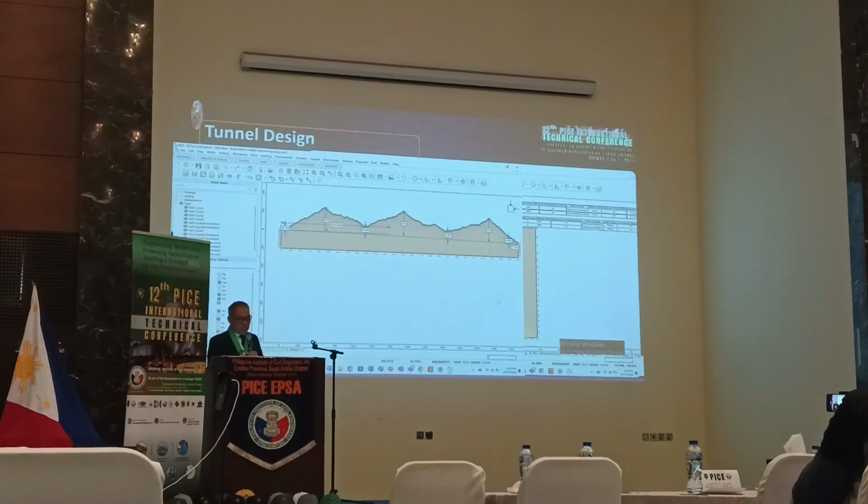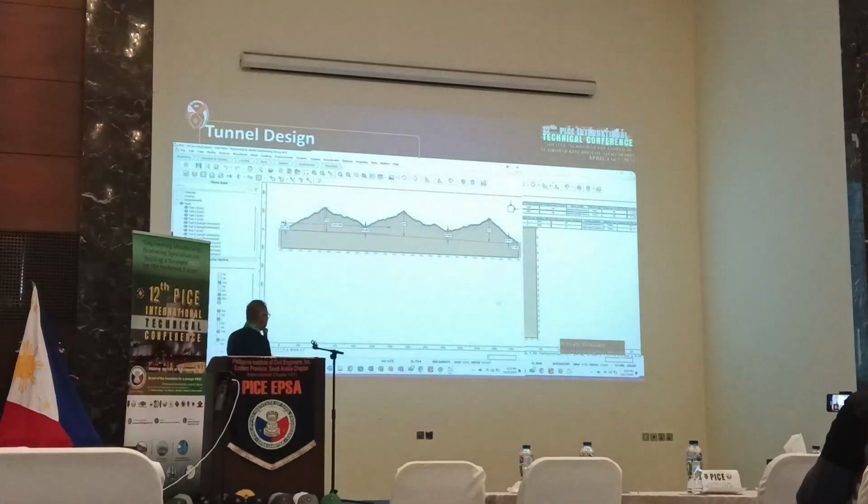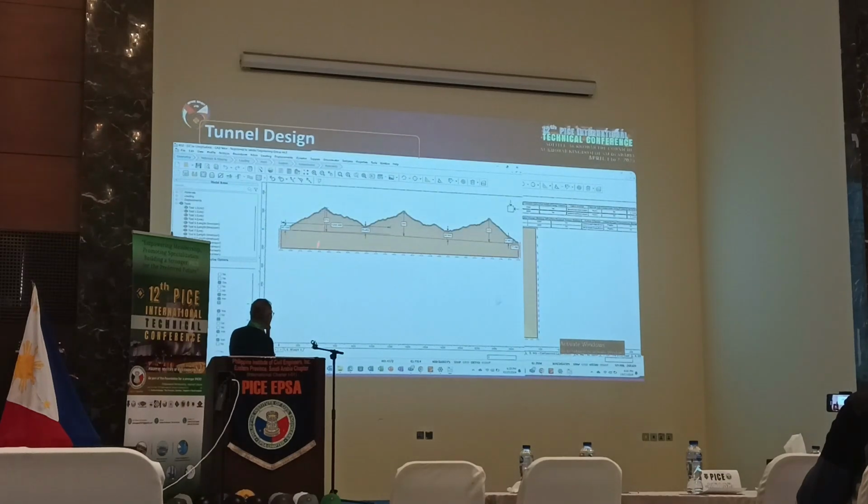So as I mentioned earlier, you have to do a segment-by-segment analysis of your tunnel. From this case, I have here 272 as the peak, 285 and 272. There is shallow cover from this side.